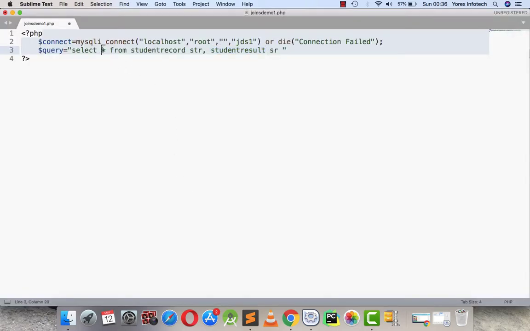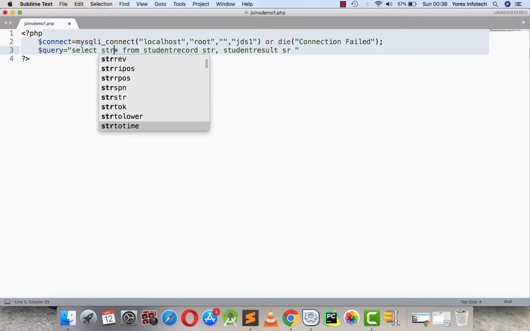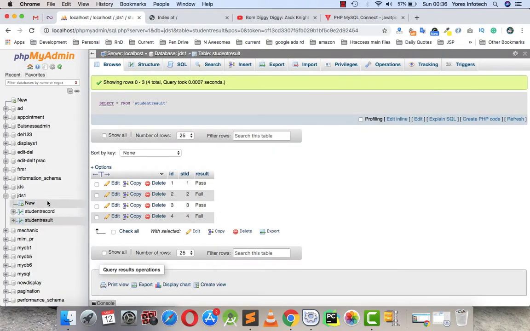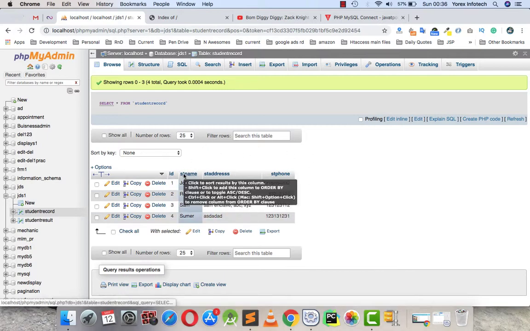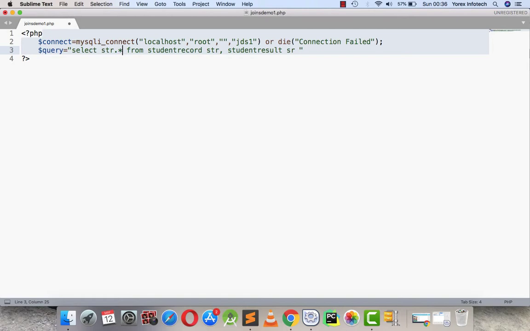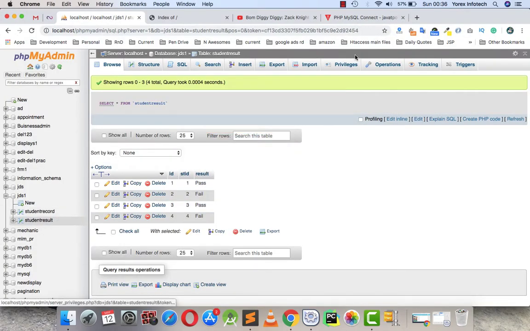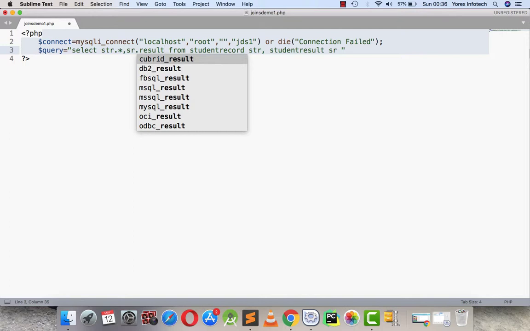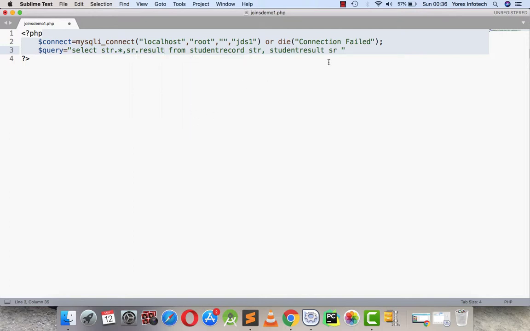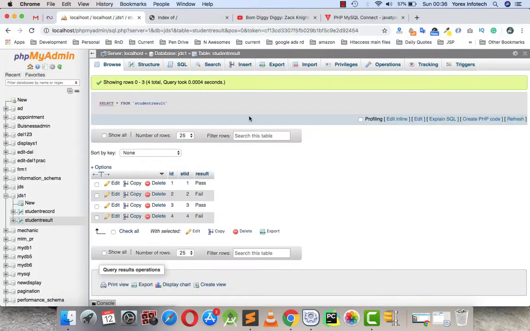So what I will specify here is student record dot star. That means I have selected all the columns of the student record table, and SR, SR is my student result table because I have created an alias for student result. I need only the result column, so I can specify here SR dot result from student STR, and where